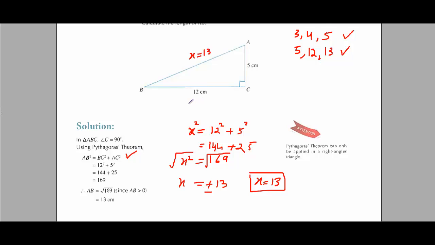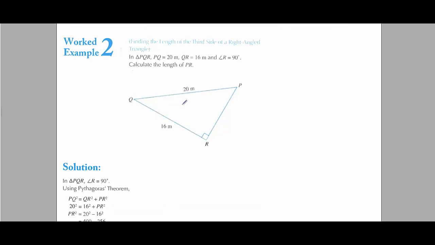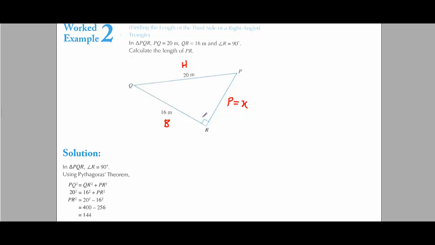Okay, let's move to the next question. Here we have another right angle triangle, and this is the 90-degree angle. So obviously this side will be the hypotenuse. And let's call this one base, and the perpendicular is this side. We have to find this perpendicular side. Let me call it x, and apply Pythagoras again.